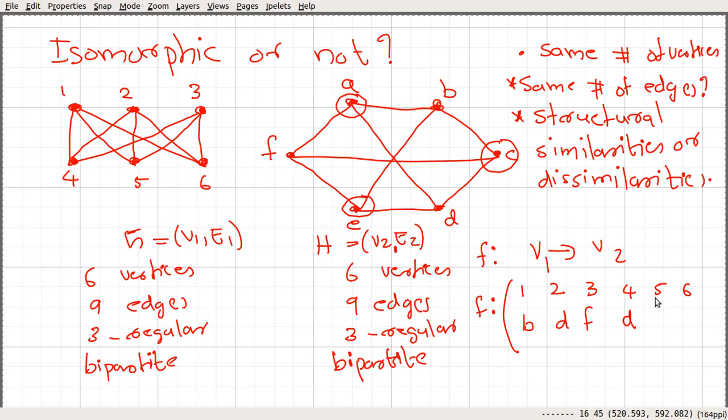Okay, not D. Okay, B, D, F, 4 to C, 5 to E, and 6 to A. Okay, so one possible mapping could be something like this. So that's not enough. So here again we can see that, if you consider this mapping,